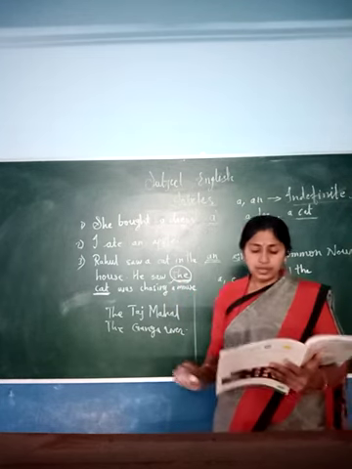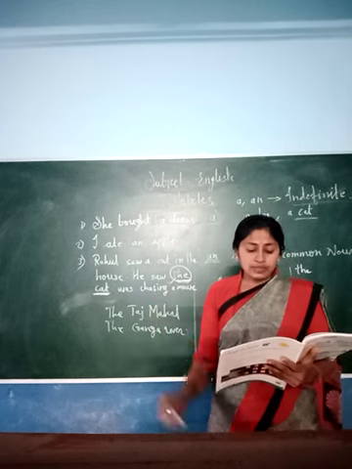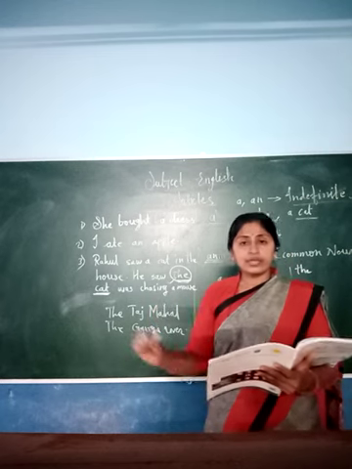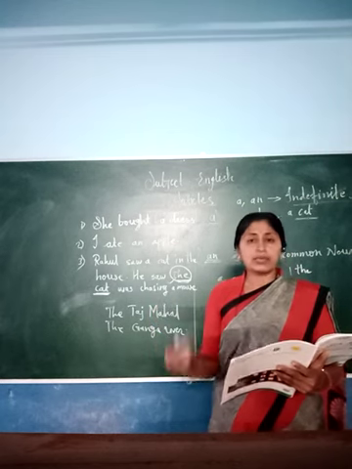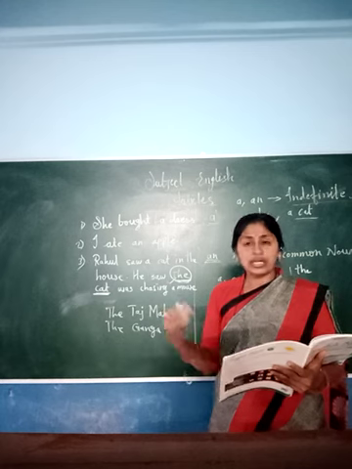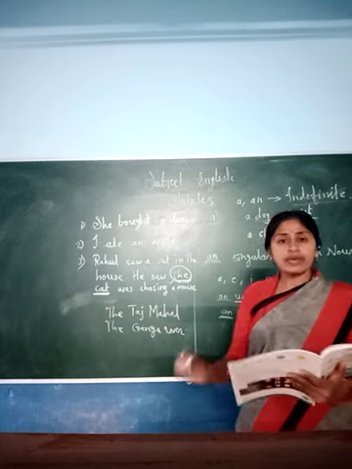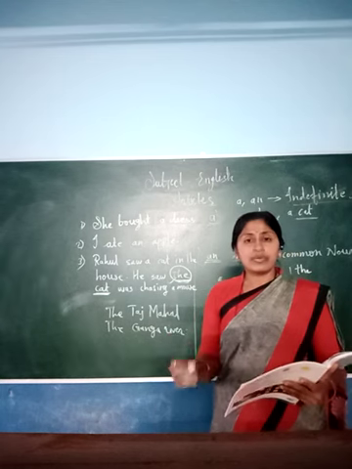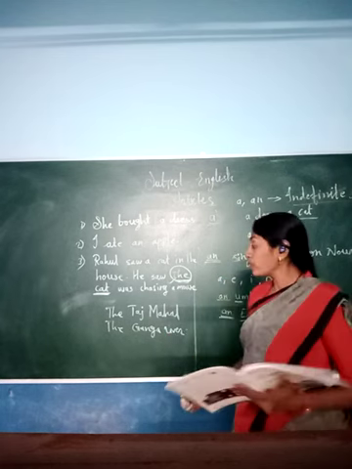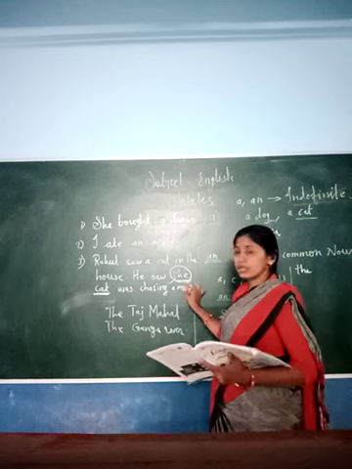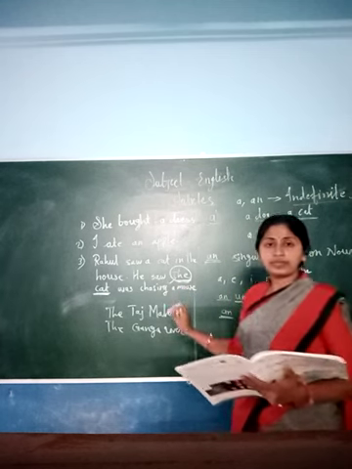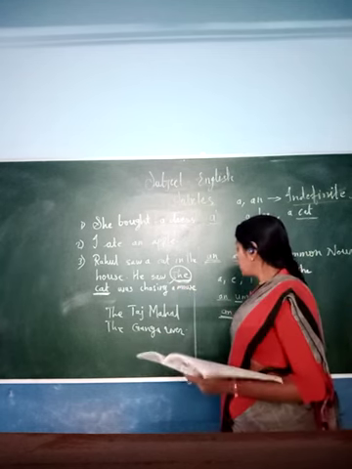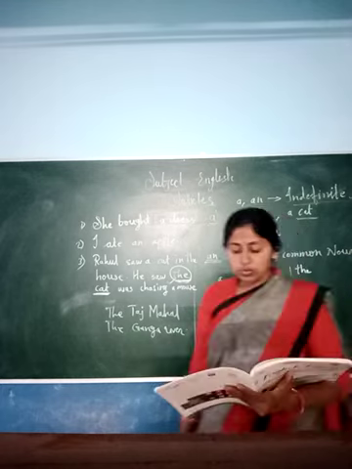Okay, so listen once again. When we refer to the same object, place name or person name for the second time, it becomes specific, and we need to use the definite article "the" before it. Hope you have understood with the help of this example. Now let us move towards the exercise.